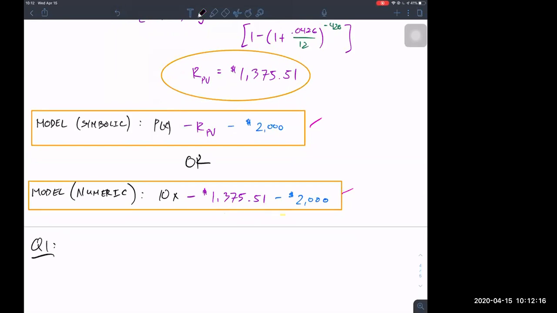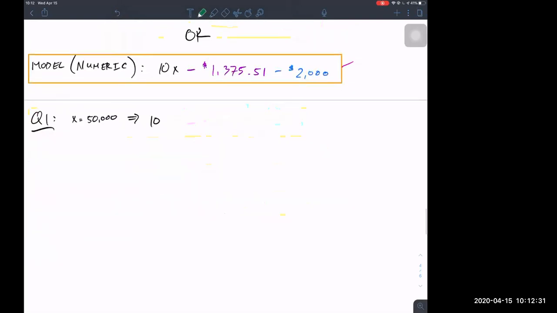This one is again a calculating question, and they tell you that X is equal to 50K. So you just plug it in, right? It's pretty straightforward. So I'll just do this really quick. This implies that you're going to go 10 off the base model, right? So that's this one right here, times 50,000. And then you subtract off these expenses,